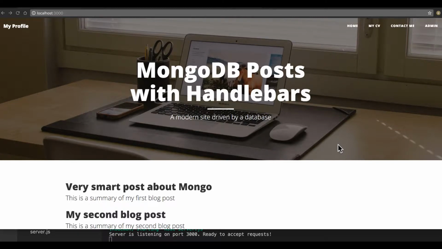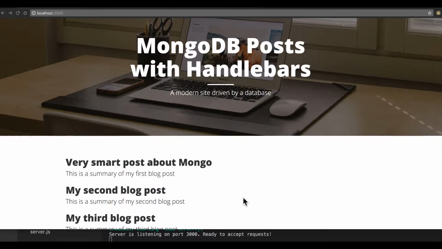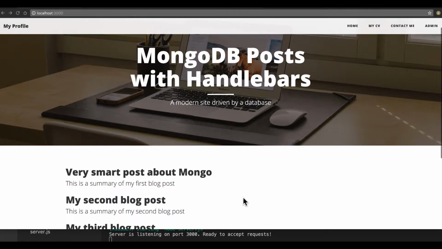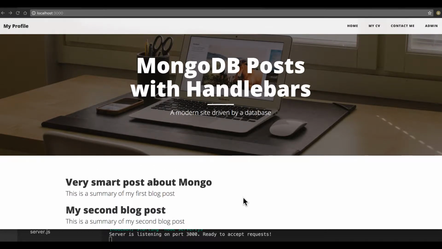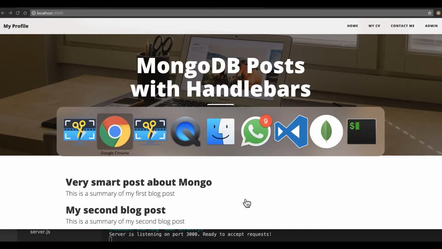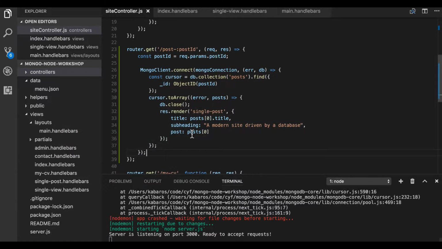So now we have a website, a web application that's driven by a database from the CRUD that we talked about: create, read, update, delete. We have the R covered. We are reading from a database. In the next few classes and the homework, we are asked to implement the other functionalities. But what I want to start with, and what we covered in the last few classes,